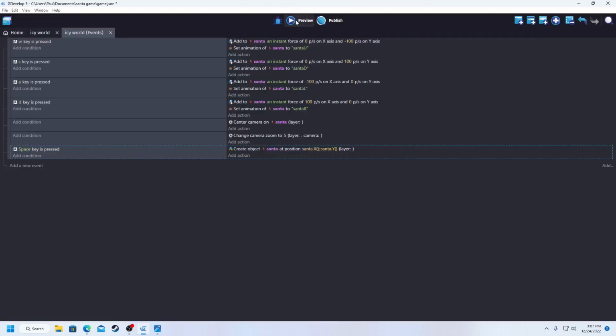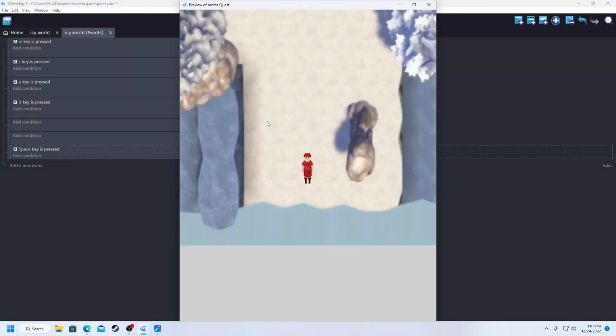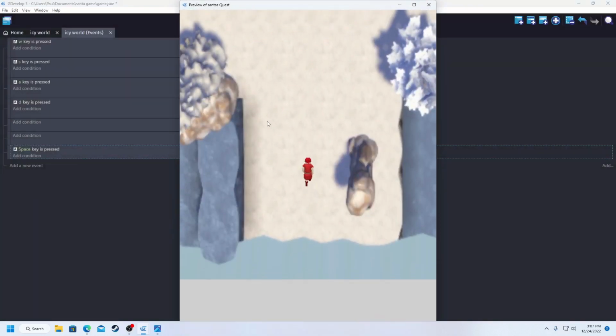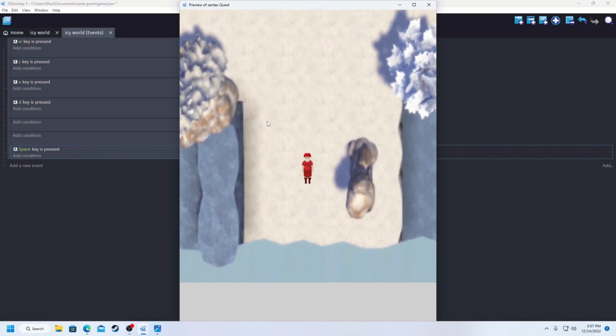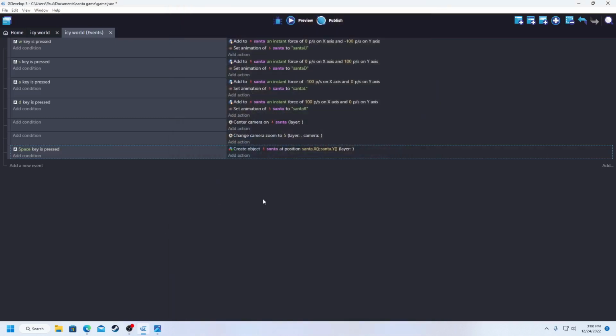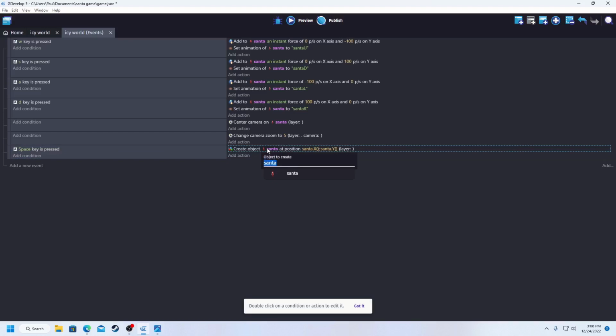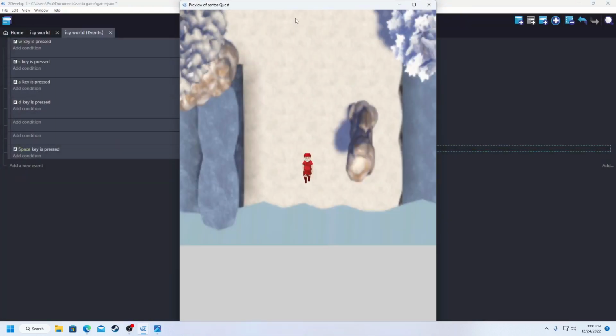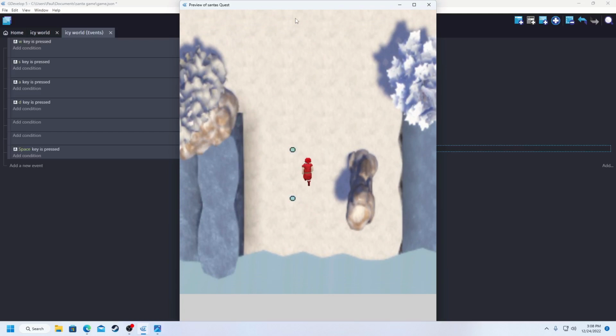So what that should do now, if I hit preview, I hit the space bar, move up and down. Oh no, it's not doing it. I thought that should create a snowball. Oh, wait. No. Snowball at position Santa X, Santa Y. Alright. Preview. There we go. So now you see how it's not